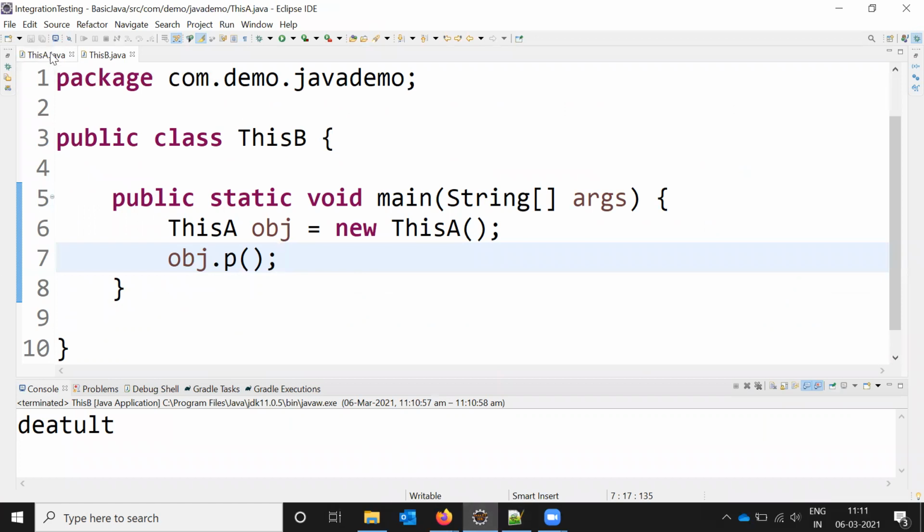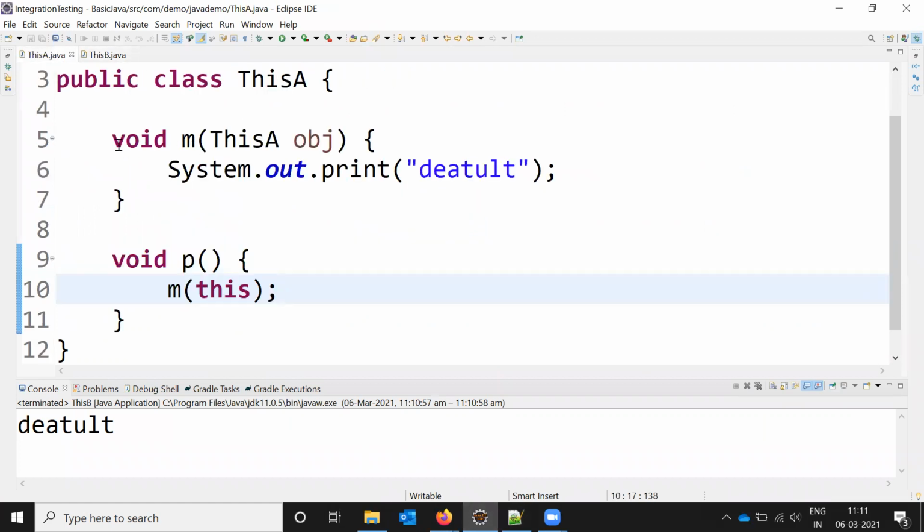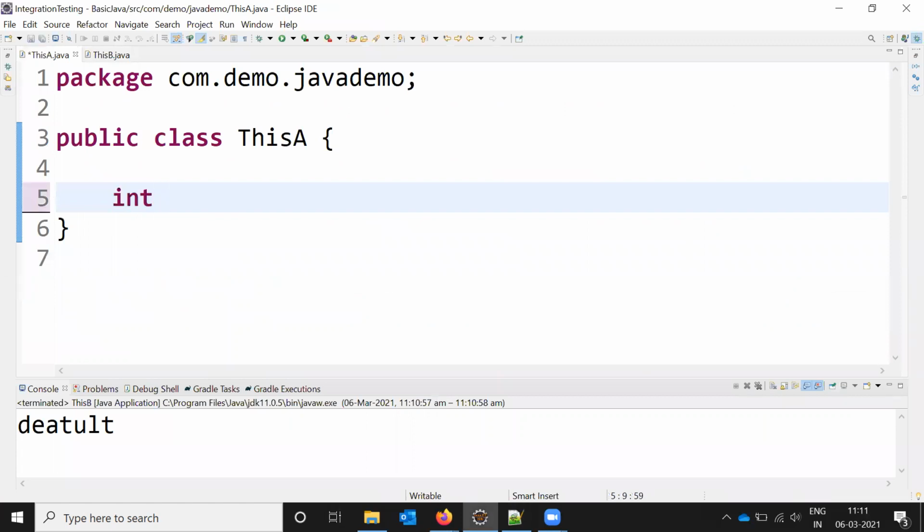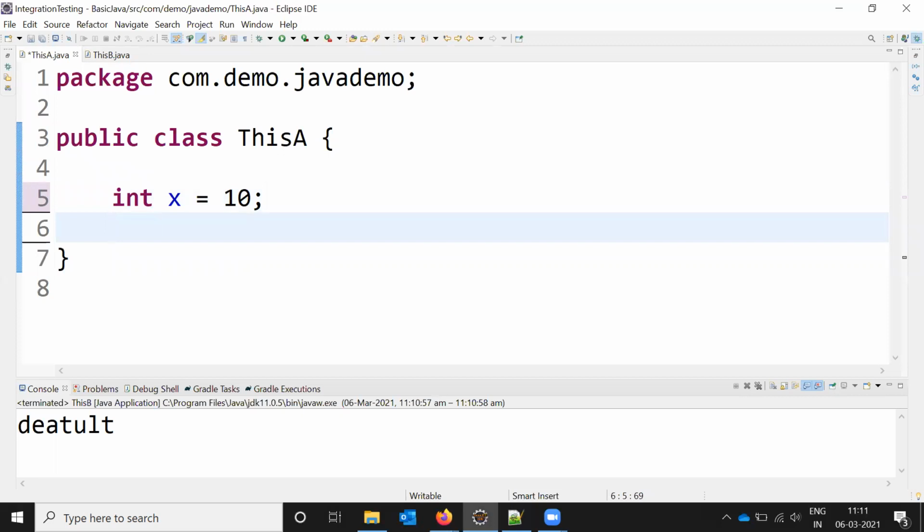Now see, class A is presented. I have variable x equal to 10. Okay, but I printed here. Now I'm going to create a default constructor.